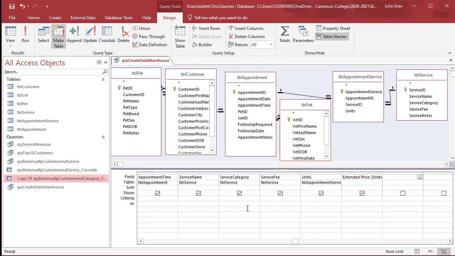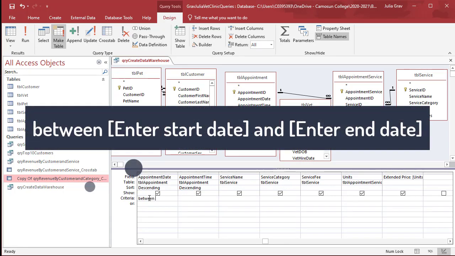Let's sort descending here in the appointment time and date. So sort descending. And now we'll add a parameter in here to allow us to specify certain dates between